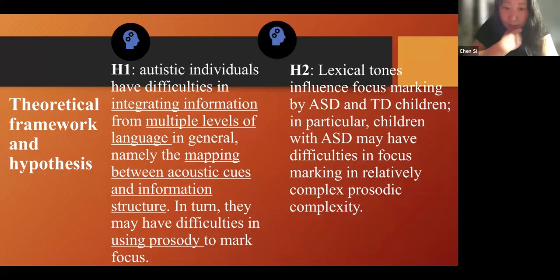So if they potentially have problems in integrating information from multiple levels of language, then potentially they might also have difficulties in using prosody to mark focus. And also the lexical tones might also be an additional challenge. So we also made this hypothesis that the lexical tones might also influence focus marking.